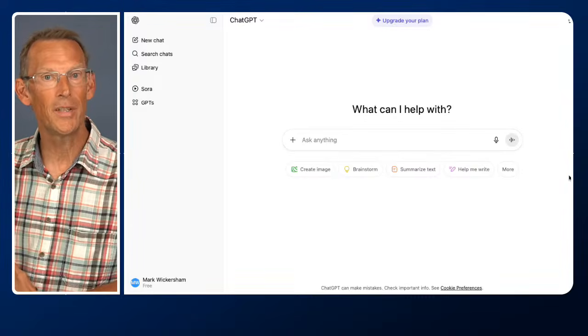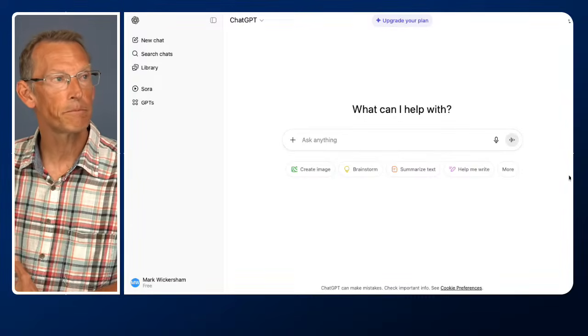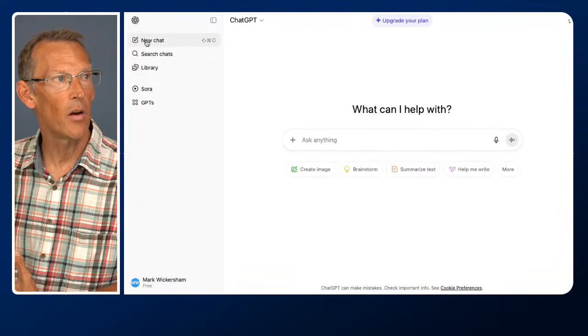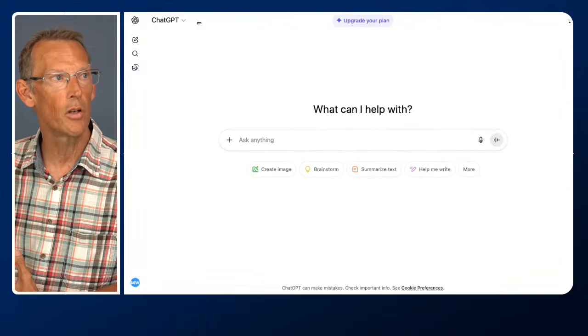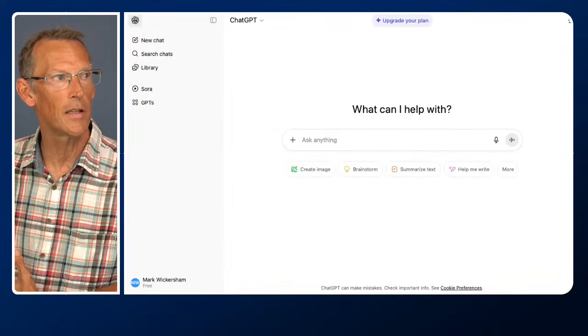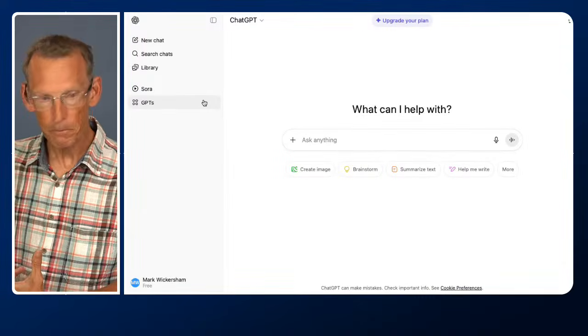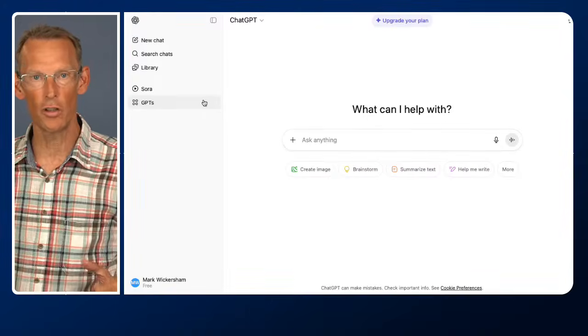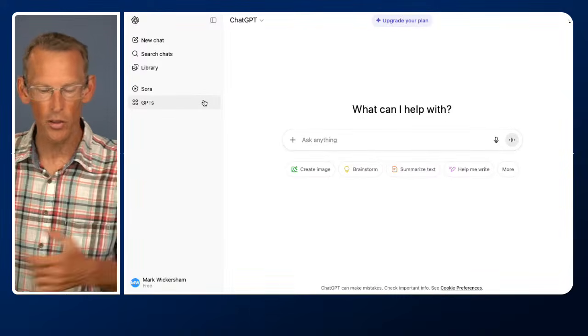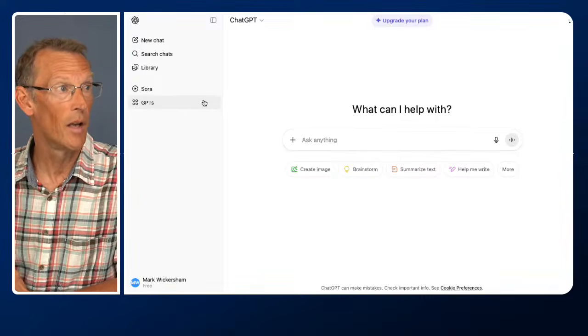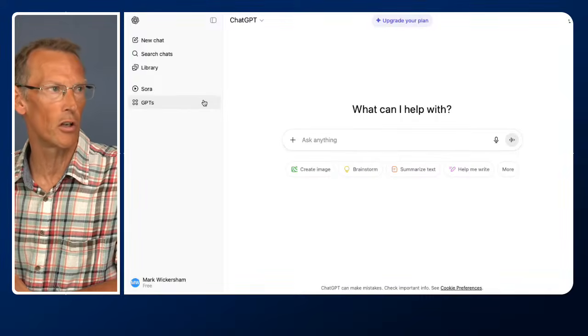So ChatGPT, here we are. This is what it looks like. The way it's laid out, on the left-hand side you have a little menu bar that you can open and close very easily. On the left-hand menu bar, you'll start to see your history of chats. You won't see it now because I've never used this account. You will see my used account in a short while. But that's what it looks like when you first go into it.